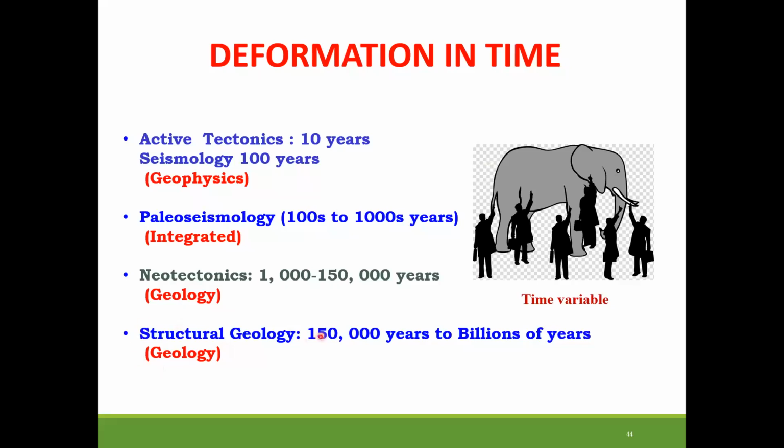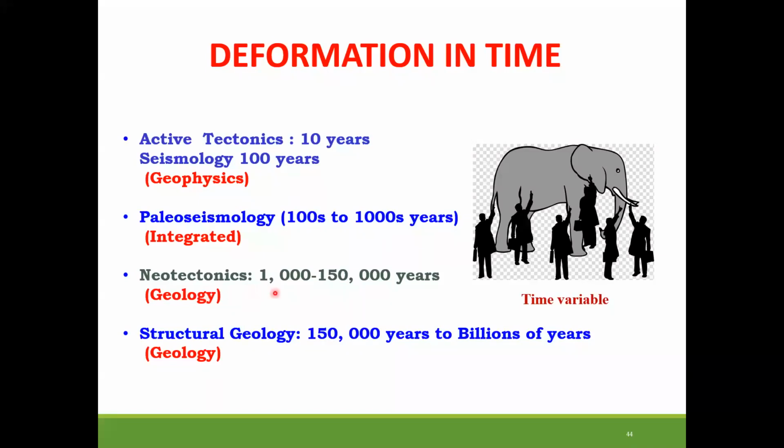What we've been talking about belongs to this category where we are looking at millions of years. In reality, of course, space and time both vary, so that makes the structure very complex. Then we have our neotectonic time scale, wherein the deformation occurs between 1,000 to 150,000 years. Then you have paleoseismology. I don't work on this scale, so I'm not going to touch this. And then, as Vimal pointed out, I work in GPS, so I'll also address this time scale. Briefly, let me just talk about this.